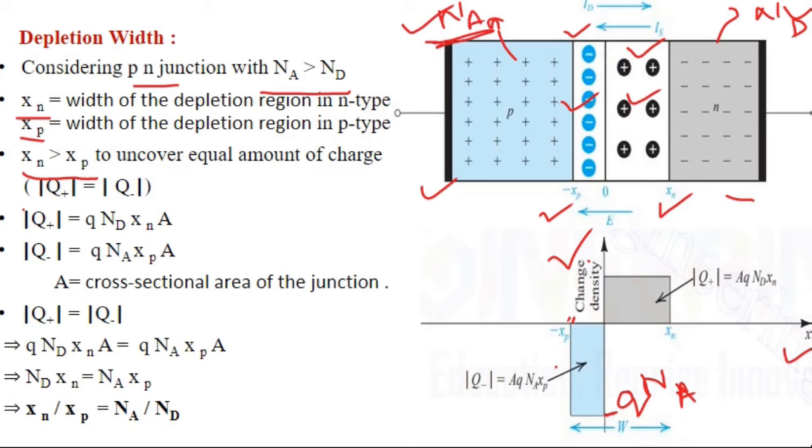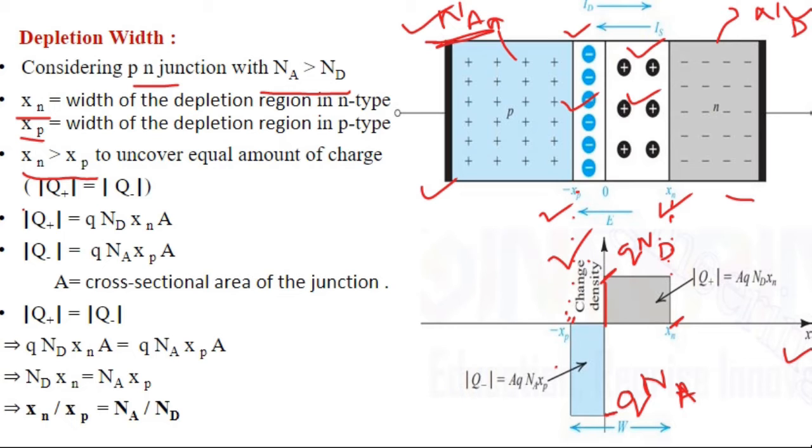Similarly, across the n-type you can see your volume charge density will extend till the Xn value. This is the Xn value, this is Xp, and it will start increasing up to the maximum charge density, that is Q times Nd, the donor concentration. So how will we find the magnitude of the total charge? We have to find the area of the rectangle on the left-hand side and the area of the one on the right-hand side.